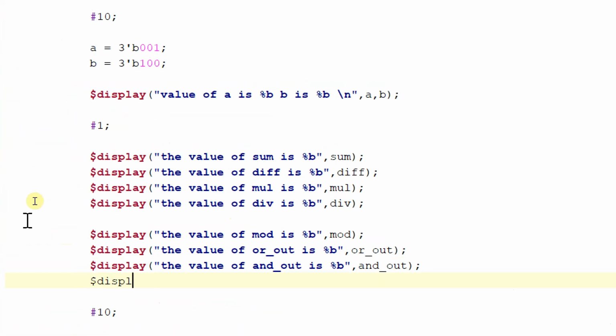Actually, here there should be a doubt also. If you have referred to the previous lectures or listened to these classes, then there should be a doubt which should have come already. Okay, if not, no problem. The value of A less than B is %b, and it's equal to